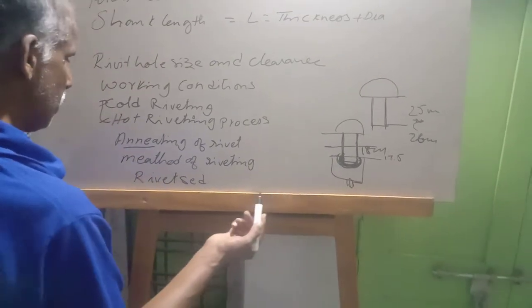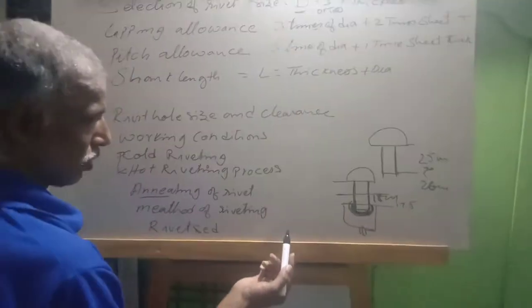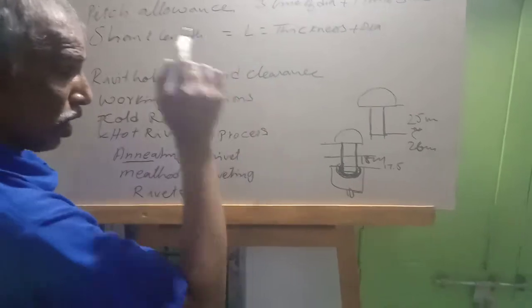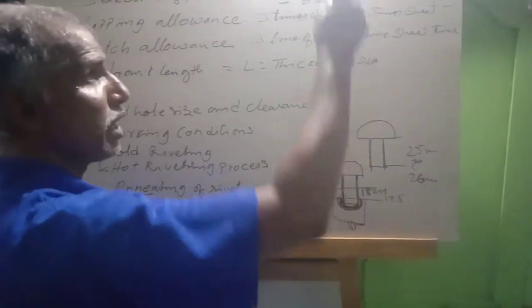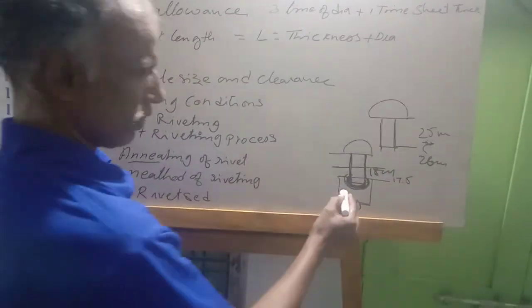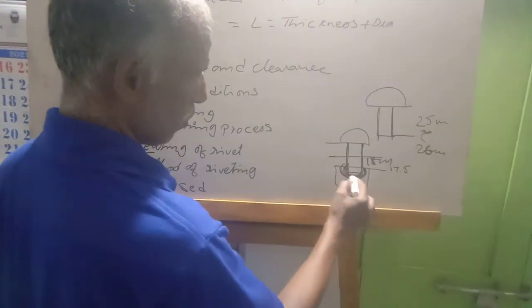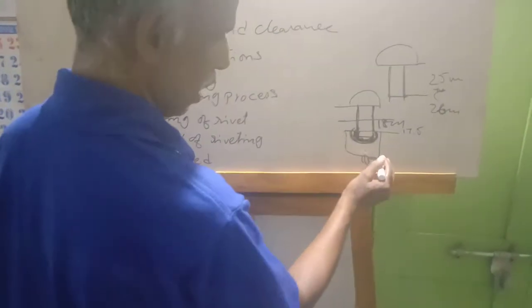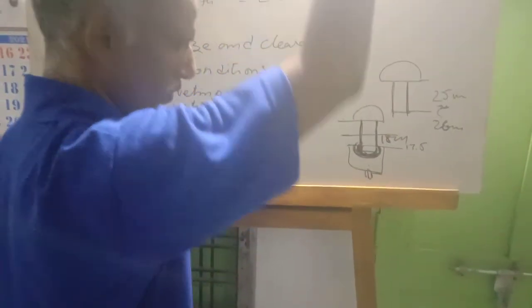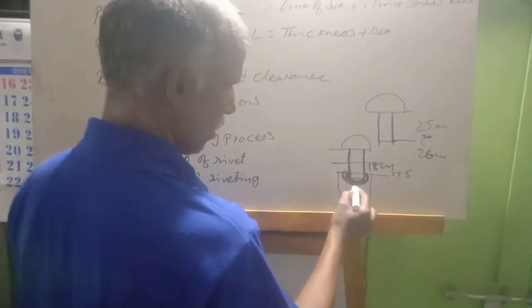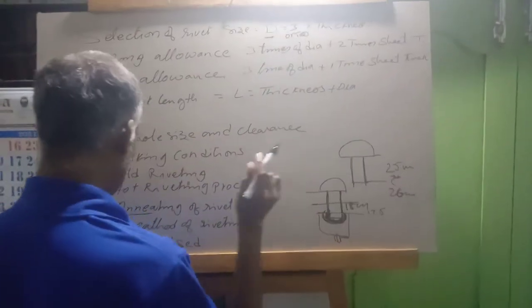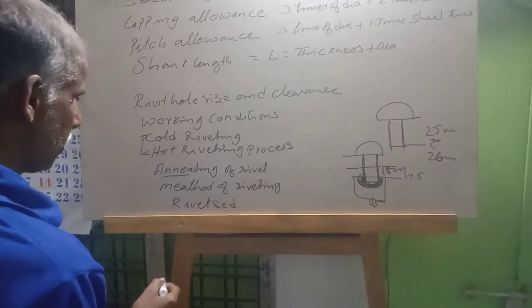In pneumatic, they will do it by machine, by using air. Okay. By mechanical drop also they will do it. Drop forging means a heavy piece is kept on the rivet, which is red hot, but we will not hammer here; a heavy weight will come and drop on this, and it will form the rivet head. After cooling down, it will crimp properly. Method of riveting.